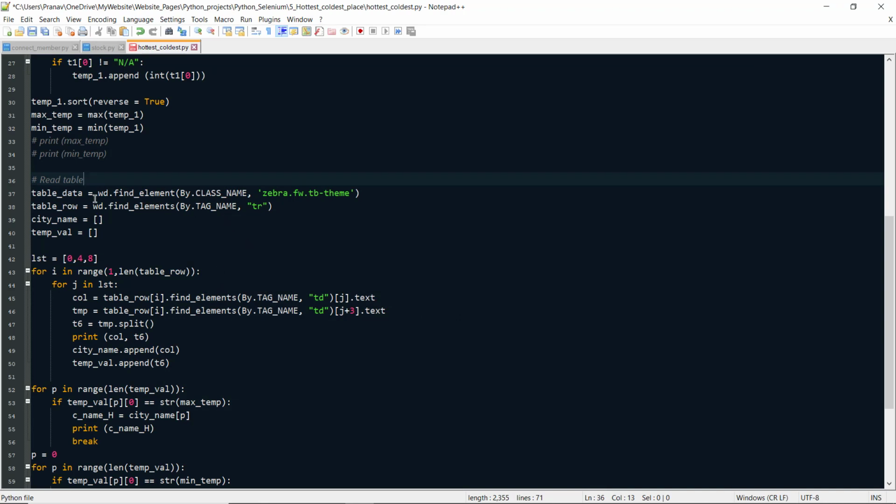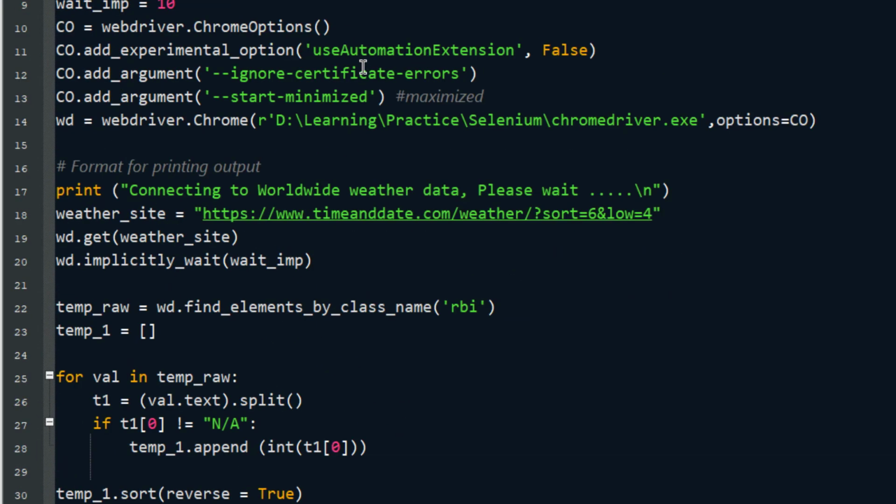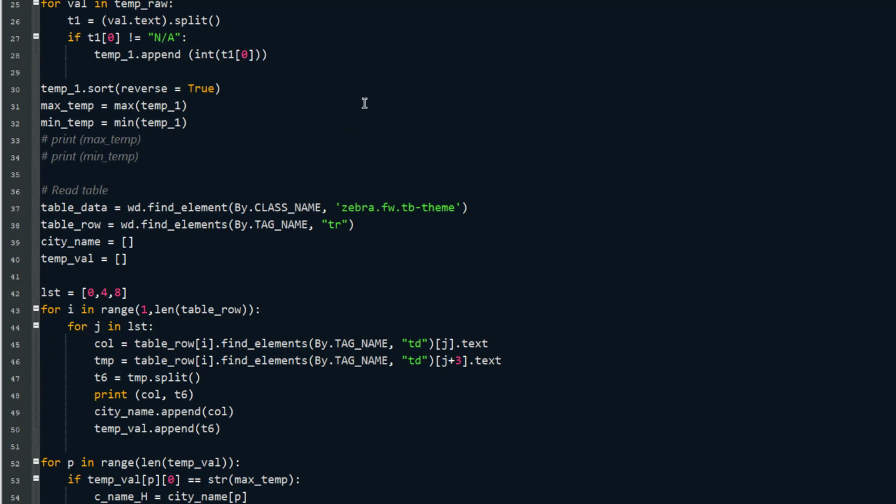We first wanted to find the element by class name. This is an important thing. You can see I have used By; I imported it from selenium.webdriver.common import By. This gives an additional benefit of finding the element by class name, tag name, or other things.